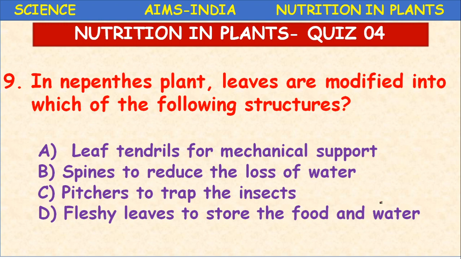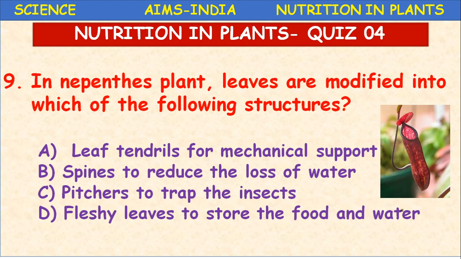Next, pitcher to trap the insects. Yes, this is the correct option. Nepenthes plant is also called pitcher plant to trap the insects. And the fleshy leaves to store the food and water, this is also present in the desert plants. See here, this is the